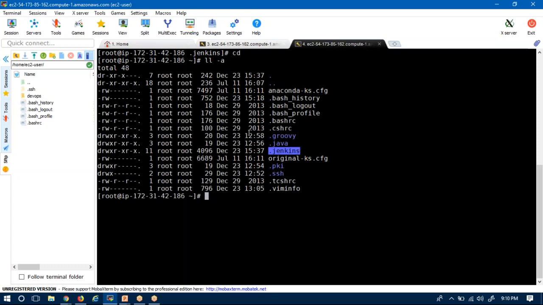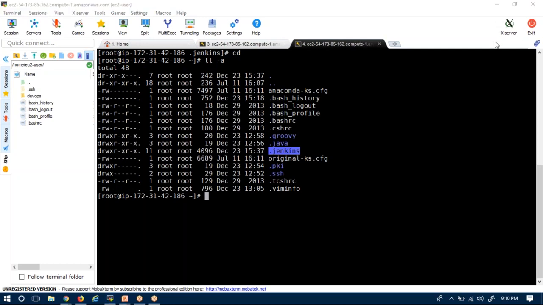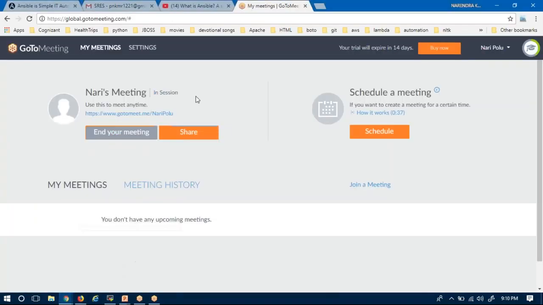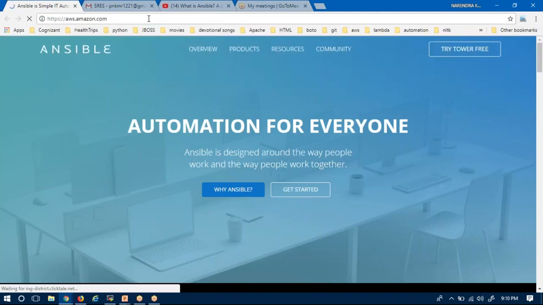The same home directory you can also find from the UI. Just give me a second, I need my AWS EC2 instance IP address or host name. I'm going to find that.